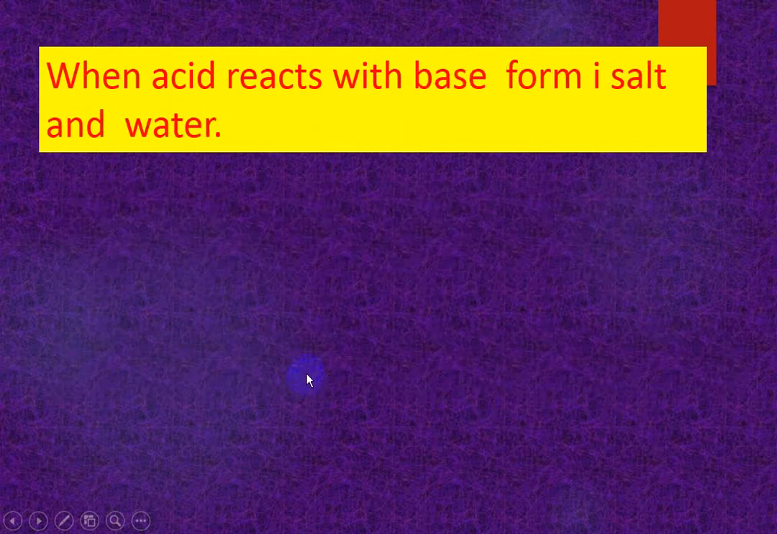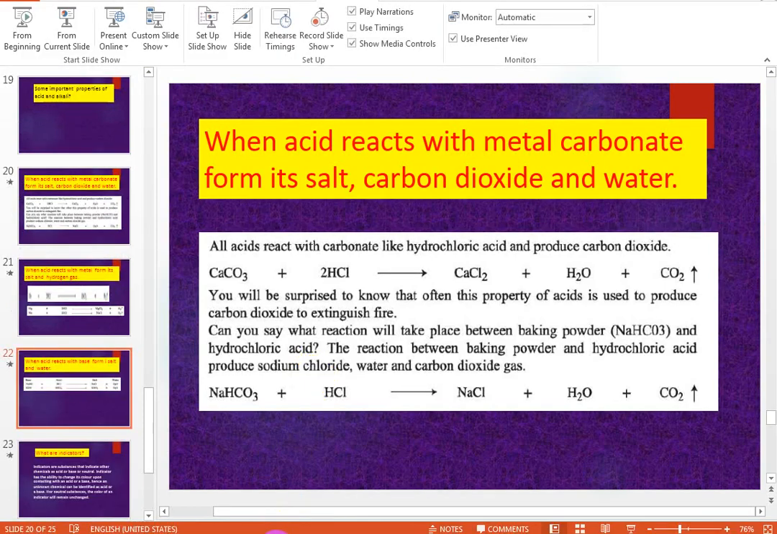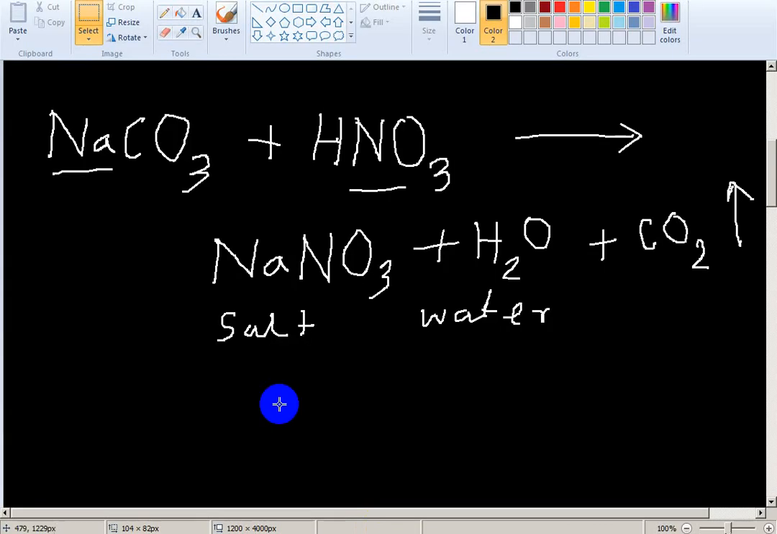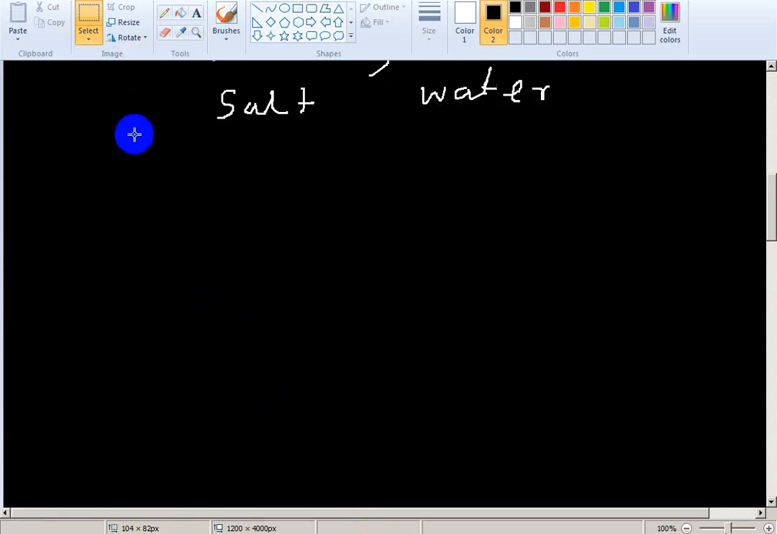Okay, so I am giving an example. What will be the salt here? Calcium and